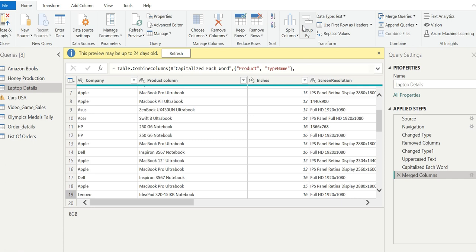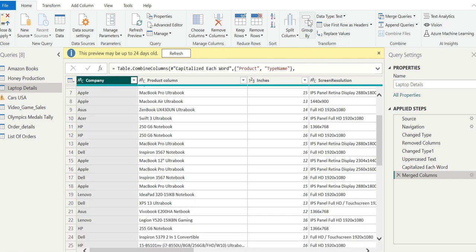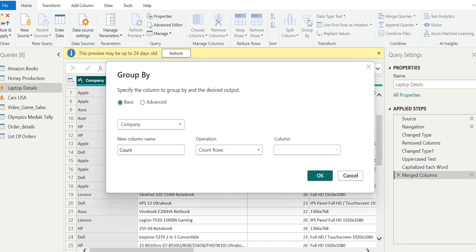This is the Group By option. This is exactly where we want to group the data in our table.